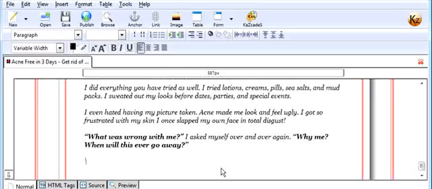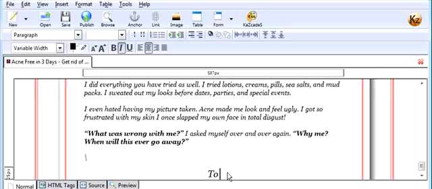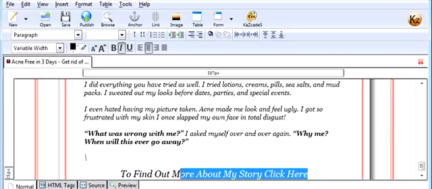At this point, this is where we would want to direct them back to the main page. This works just like a word processor. So we'll center this, and this increases the size of the font, so let's increase that a bit. And then let's put in, to find out more about my story, click here. Like so. Then you highlight that,